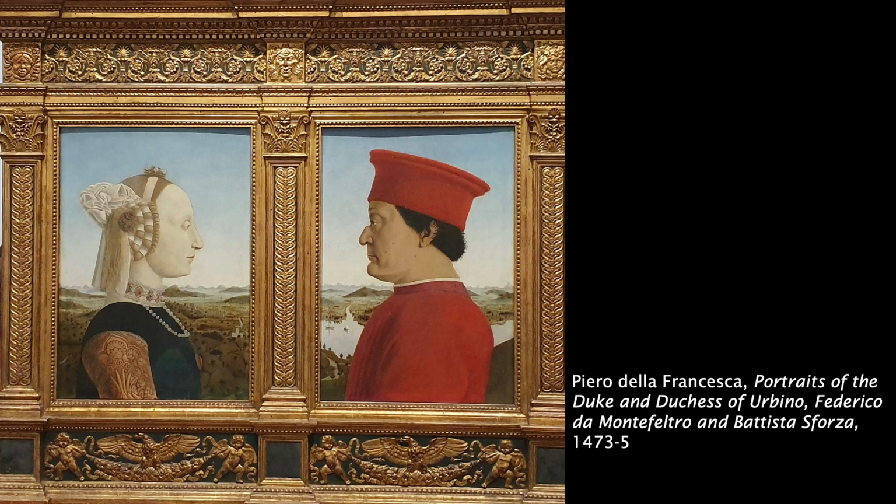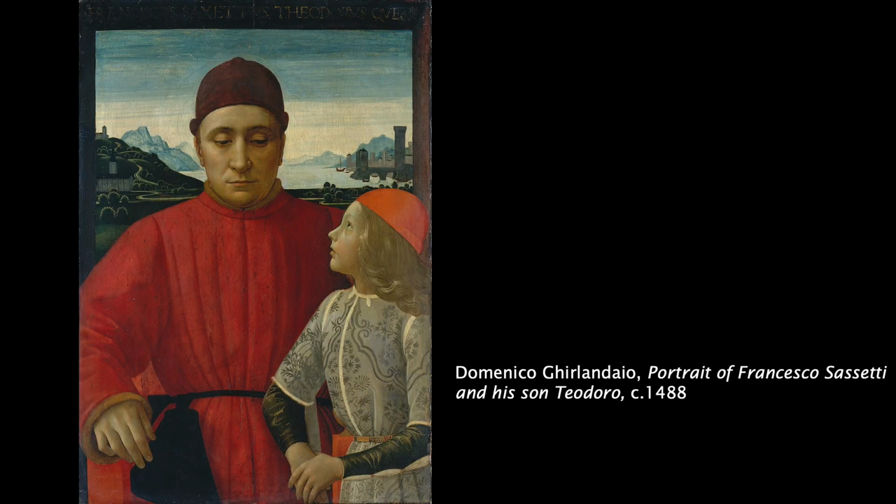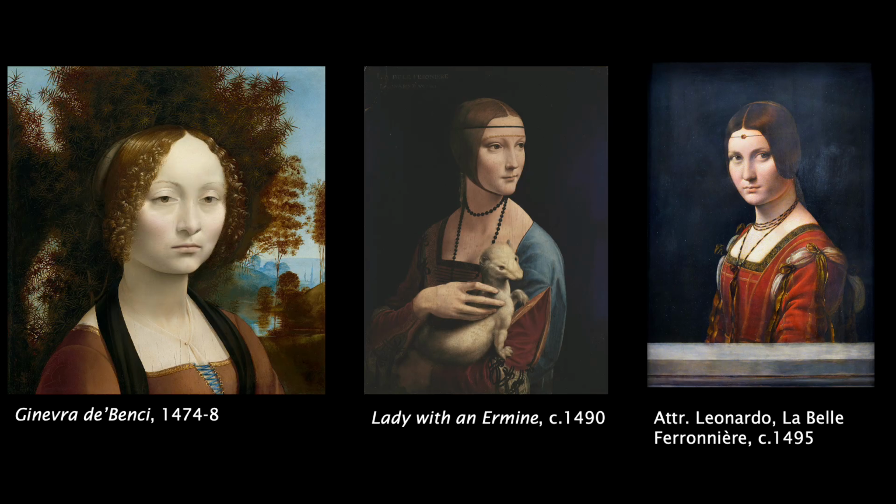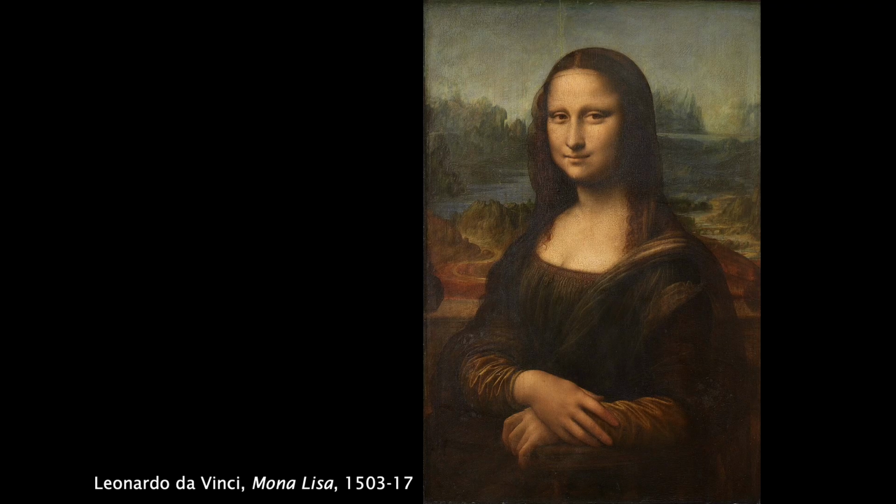The high viewpoint and distant landscape can be found in portraits by Piero della Francesca. Ghirlandaio, among others, experimented with the sfumato technique, softening the transition between one colour and another. Hints of the enigmatic smile can be glimpsed in works by Verrocchio, who had been Leonardo's teacher. The pose develops out of Leonardo's own experiments in portraiture over 30 years, turning the head and shoulders this way and that.